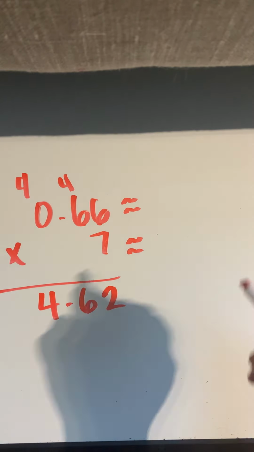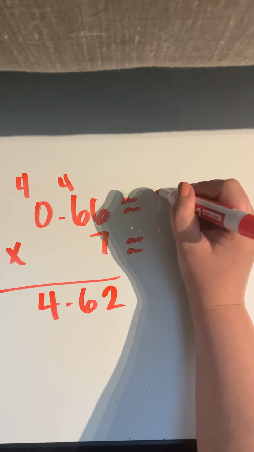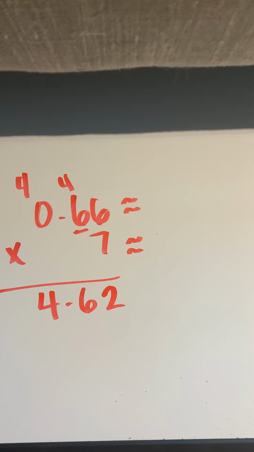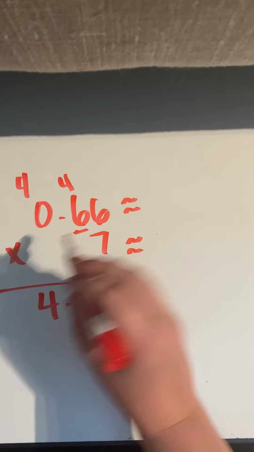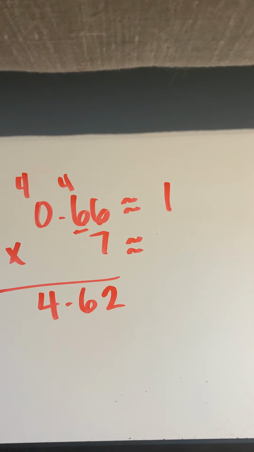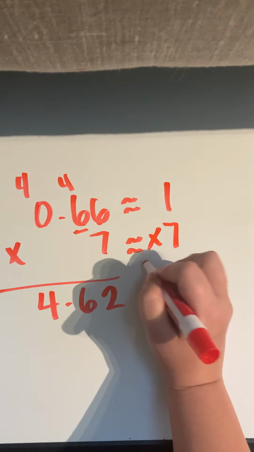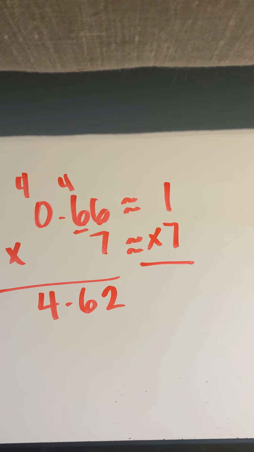I'm going to go ahead and estimate to see if it's reasonable. Okay, so I'm going to look here. 6 is greater than 5. So I'm going to raise the score. So that would put a 1 in my whole number. And 7's already there for me as a whole. There's no decimal I need to round or anything. So 1 times 7 is